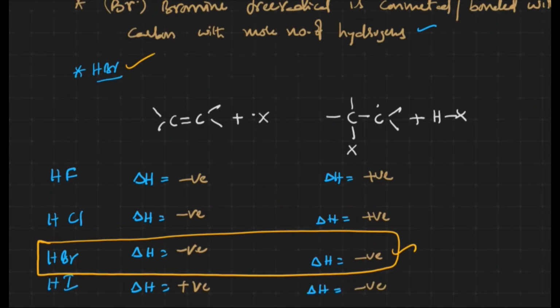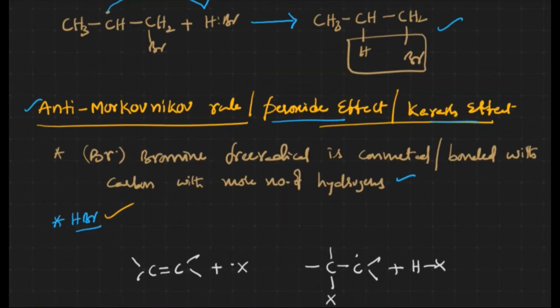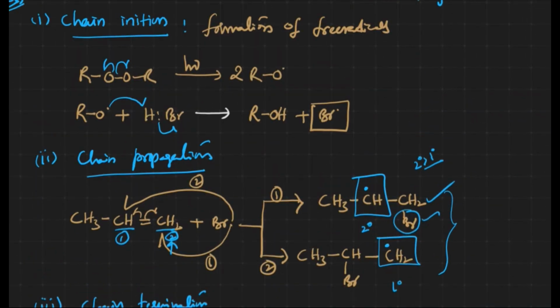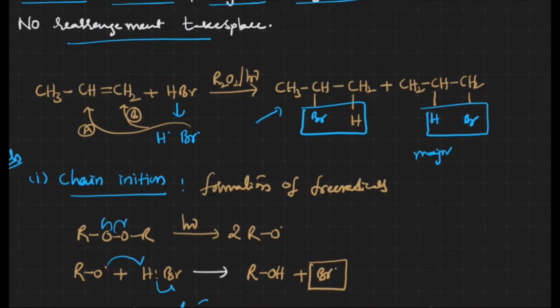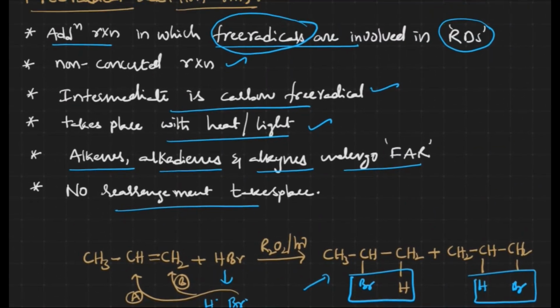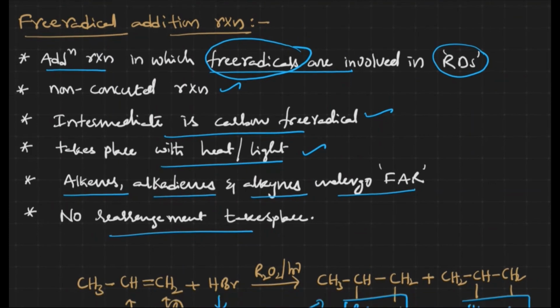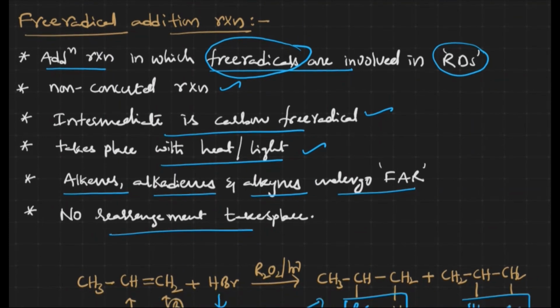One thing we have to remember is what conditions are required for free radical addition reactions, why we use peroxide, why only HBr, and how the reaction takes place. We have discussed all those things here. If you have any doubts about Markovnikov rule, you can refer to the video I am leaving in the cards, on addition of HBr to alkenes. In that video, I have explained how the Markovnikov rule is applied and also its limitations. These are all about addition reactions.